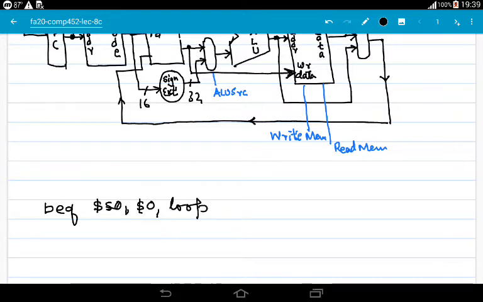Loop. So when I assembled this instruction, the instruction code that I got was this